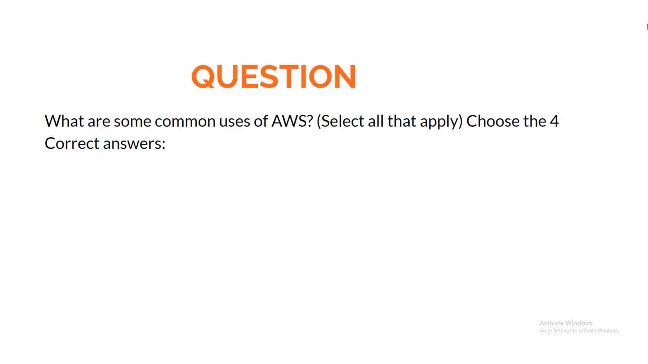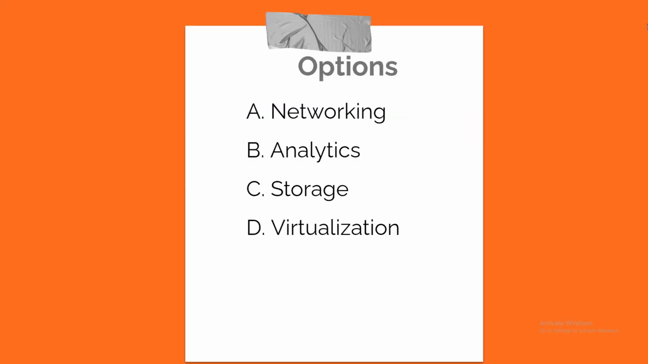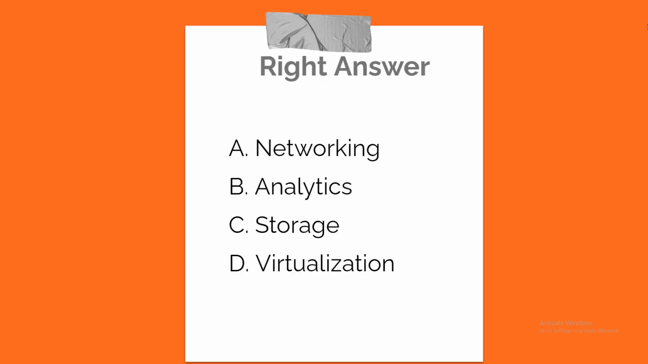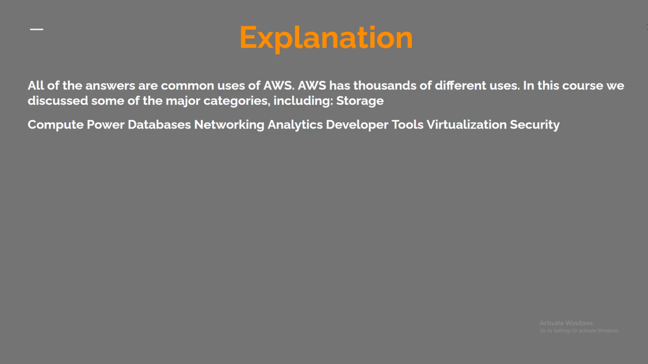Question: what are some common uses of AWS? Select all that apply. Choose the 4 correct answers. A. Networking. B. Analytics. C. Storage. D. Virtualization. Explanation: all of the answers are common uses of AWS. AWS has thousands of different uses. In this course, we discussed some of the major categories, including storage, compute power, databases, networking, analytics, developer tools, virtualization,